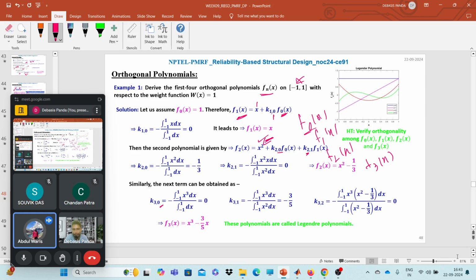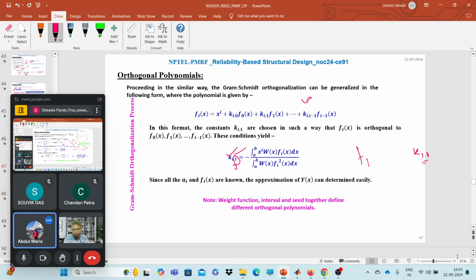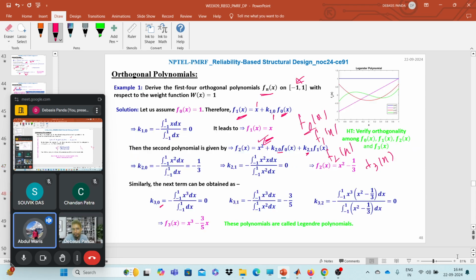The x that is shown over here is, as per the formula, x raised to the power i. And the next thing, f of i, which is shown in the formula, has been taken as 1, F1 of x. That's what I was confused about. If I write the equation like this, the previous thing, please. Ki comma 1 is